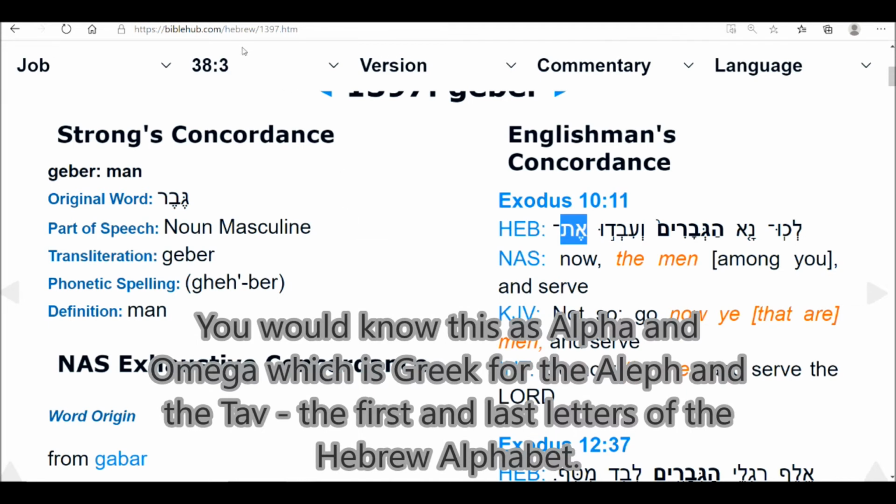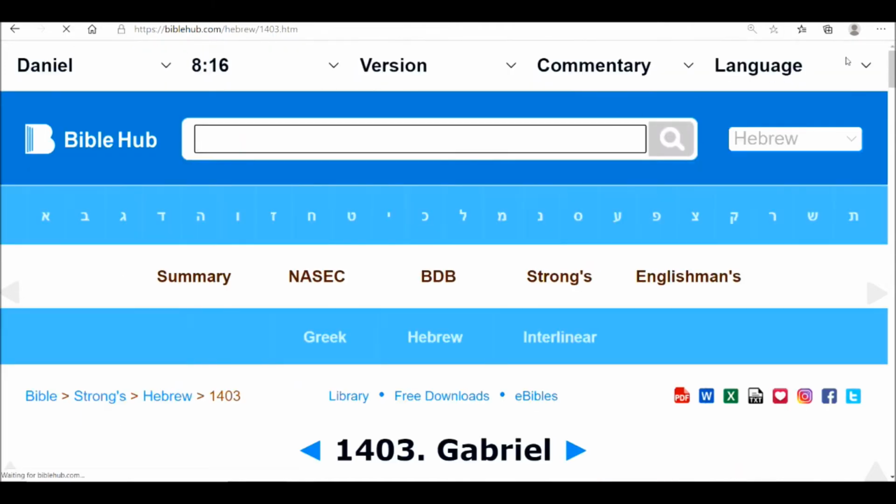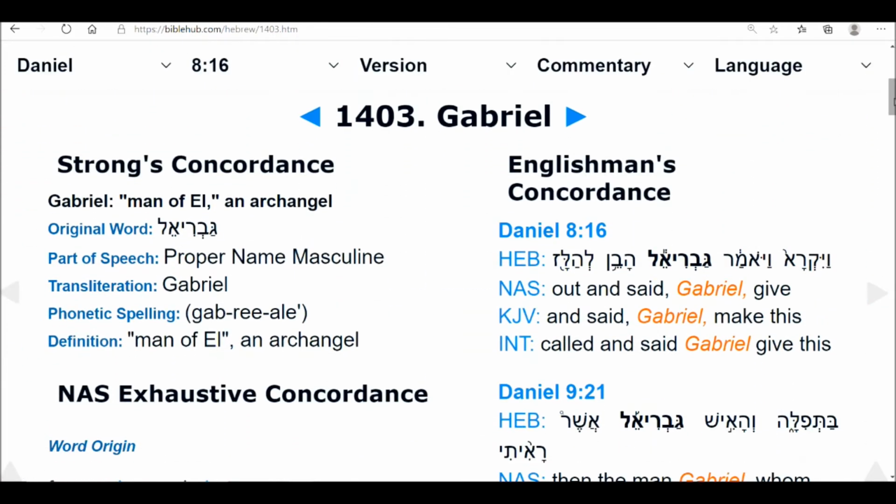So go to 1403 real quick. Same spelling. It just has now the power, means, and direction of one who is light. Look at that. There's Gabriel, an archangel. Again, it's a frequency. We can move away that, oh, they're distant. You can bring it really up close and personal and intimate to yourself to say this is a resonance of man that is able to overcome and prevail as man to become El.